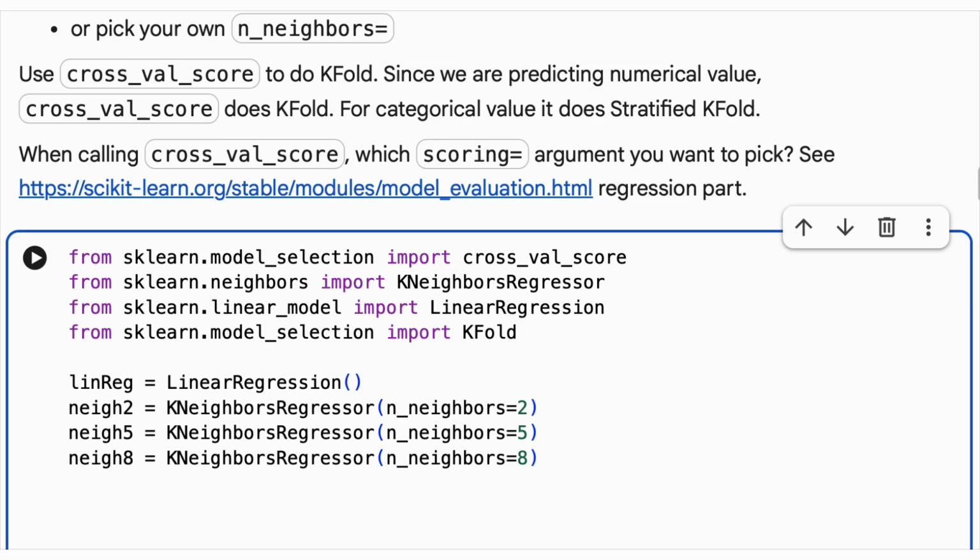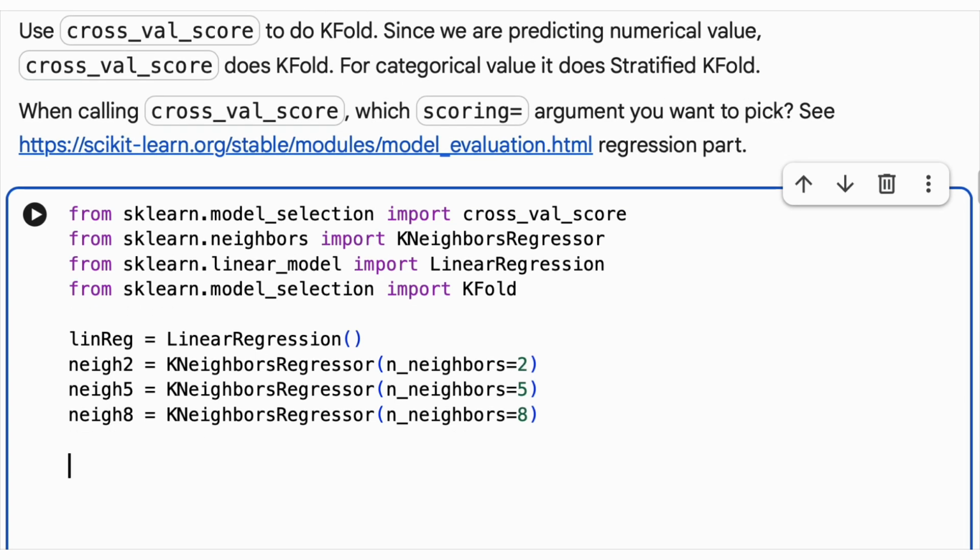Okay. Now I will do a list of classifiers and names. So I will have linear regression. Make the name linear regression, and I will do it for all the classifiers that I have here. For the regressions that I have here, the idea is if I do this, then it will be easier for me to loop through them, right? So make 2,